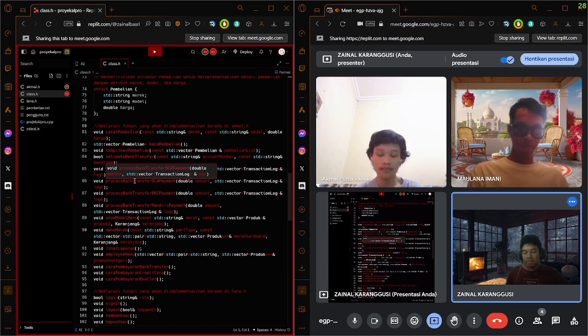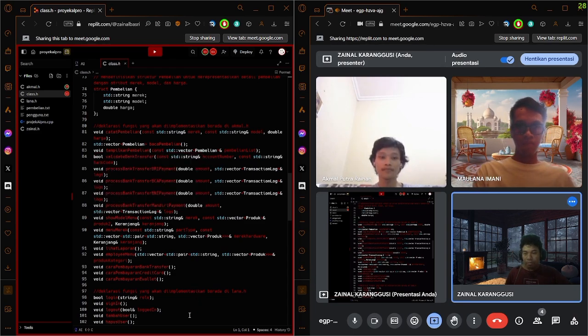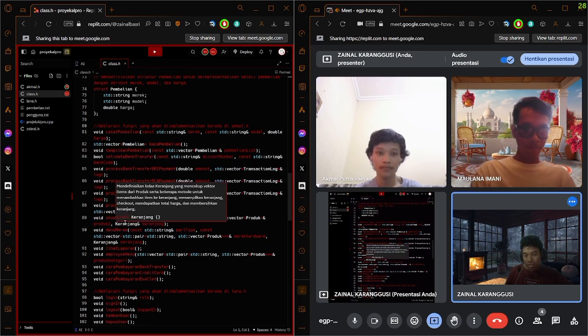And bool validate bank transfer, which accepts the bank transfer, and process bank transfer BRI payment, which processes the bank transfer of BRI, and there's BCA, BNI, and Mandiri, which have the same function, and show model menu, which shows the model.